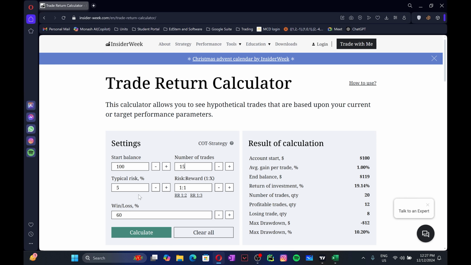Sometimes I'll be using my gut. So 5% of the trades, I'll be using my gut. The rest of the trades, I'm not going to use. So the risk to reward ratio here is 1:1. If I have a 1:3 risk to reward ratio, that would make me about 159 in profits. But if it's 1 to 1.5, then that would make me $141. So irrespective, even if I had a 30% win rate and I have a 1:3 ratio, I would still make profits. And if I risk more, that would make me a lot more.